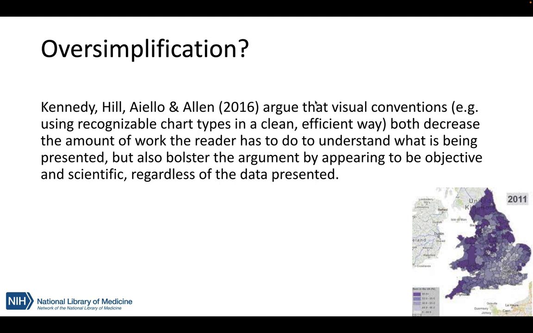Kennedy, Hill, Aiello, and Allen, writing in 2016, argue that these visual conventions, so when we look at common chart types, thinking of the things you might see in Excel, which suggests straight-ahead pie charts or bar charts, or in their case certain types of maps, highlighting certain qualities by location on a map, may decrease the amount of work the reader has to do. So if you've seen a bar chart before, you can pretty readily identify what a common bar chart is trying to tell you. And in addition to decreasing the amount of work that the user has to do, it also bolsters the argument that's being made because these charts may appear objective and scientific